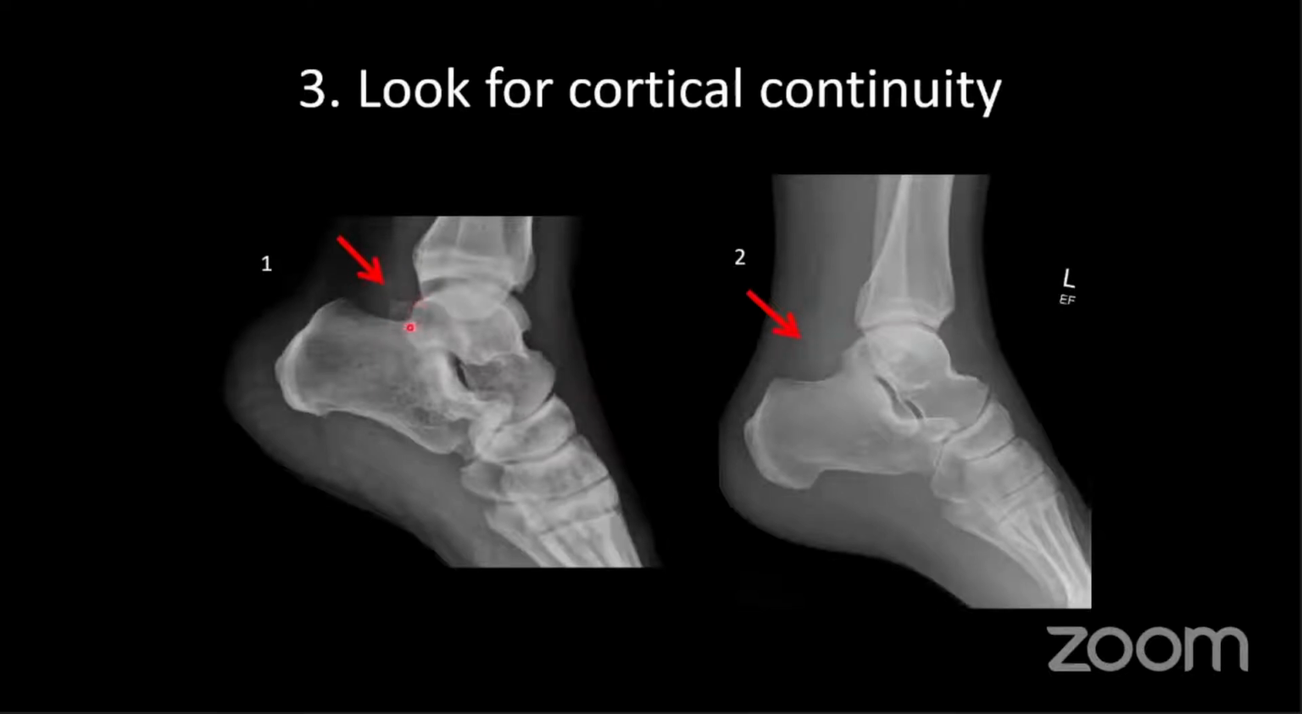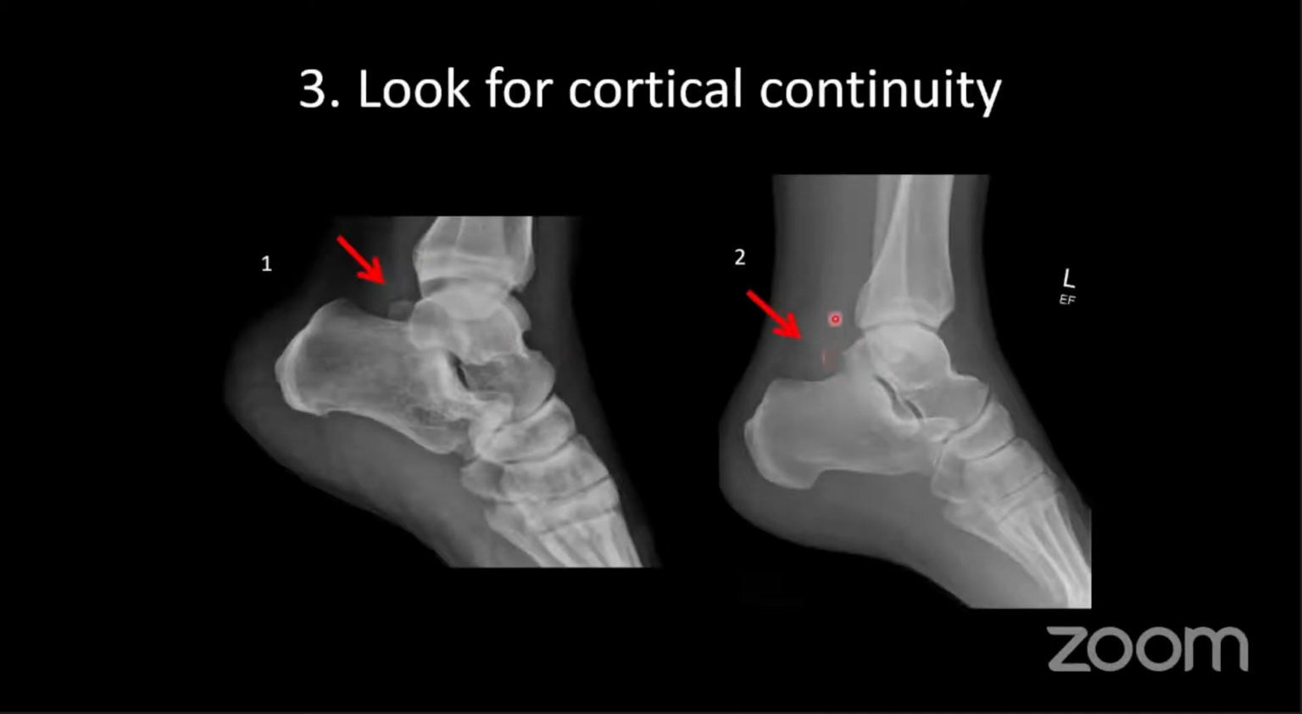But the os trigonum, which is posterior to the talus, is a very common location in the foot. So if you look at enough ankle X-rays, you'll see lots of these. The other thing that can also be a sign, I'll talk about it later, is the soft tissue swelling as well. So if you see here, the soft tissue behind the ankle joint is quite